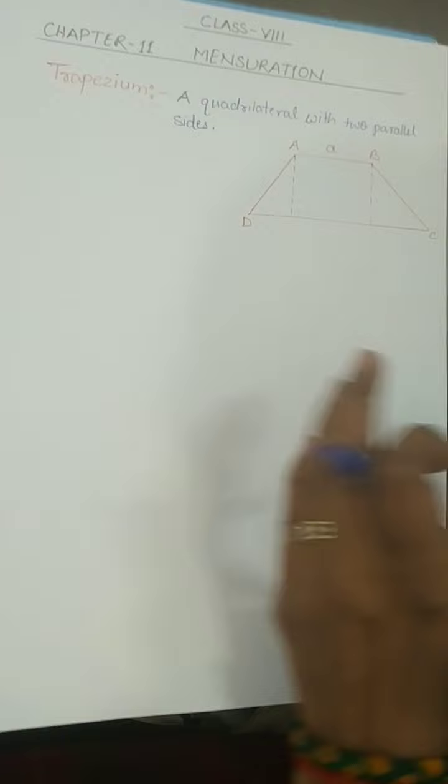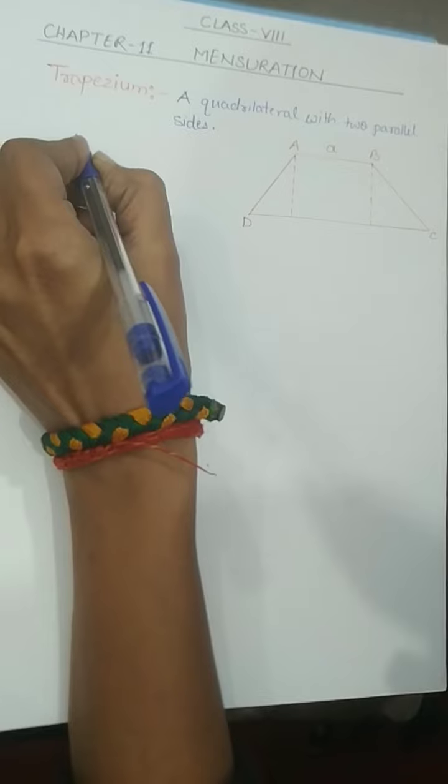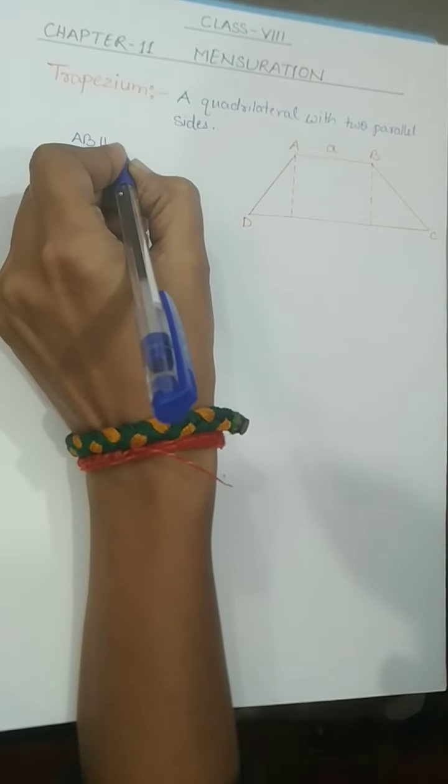First of all, before discussing the area of a trapezium, let's see what a trapezium is. We know a trapezium is a quadrilateral in which we have one pair of parallel sides, meaning among four sides there are two sides parallel to each other. Here I have shown you the diagram of a trapezium. This is trapezium ABCD in which we have two parallel sides, and AB is parallel to DC.